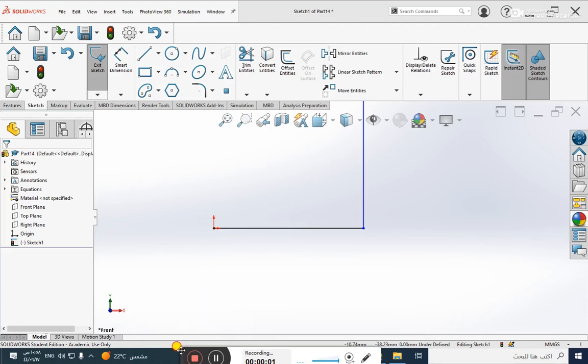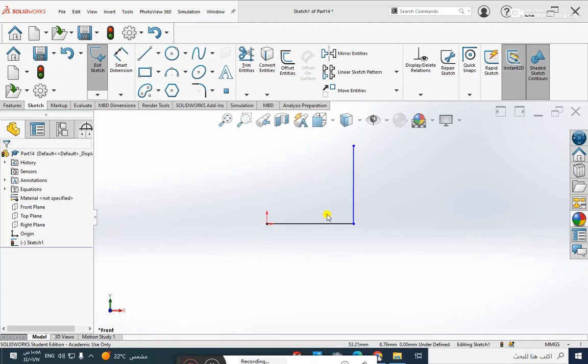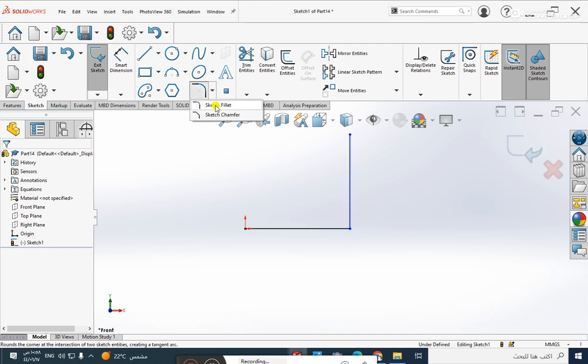Next in this video, I'm going to talk about the most important relations in SolidWorks. But before that, let me show you how to do the fillet. If we have a corner and I want this edge to be rounded, you can use the fillet or the chamfer. The fillet is for rounded, the chamfer is if you have just an angled